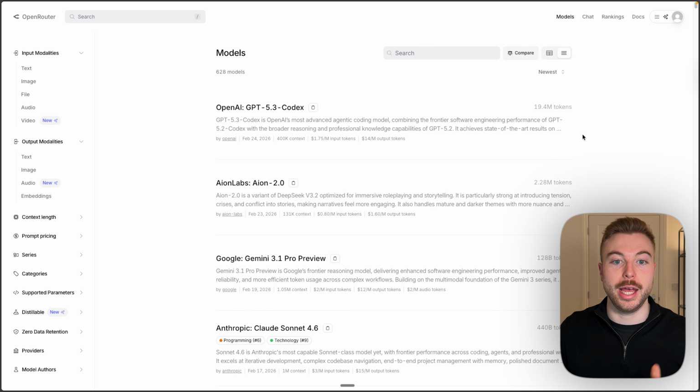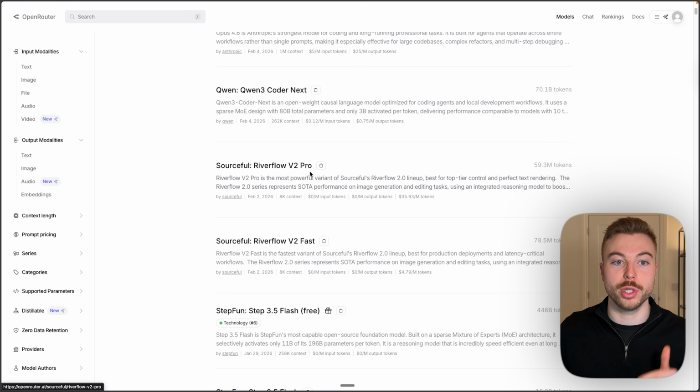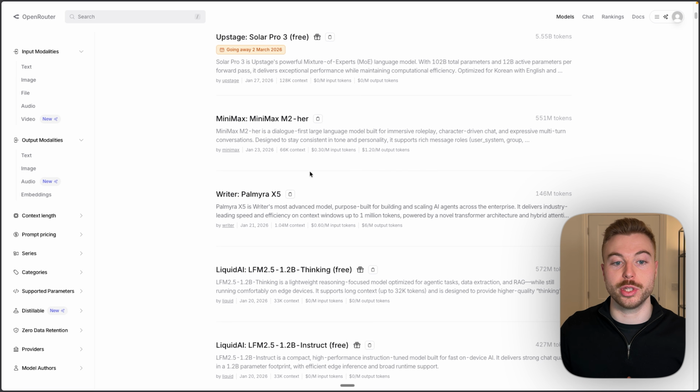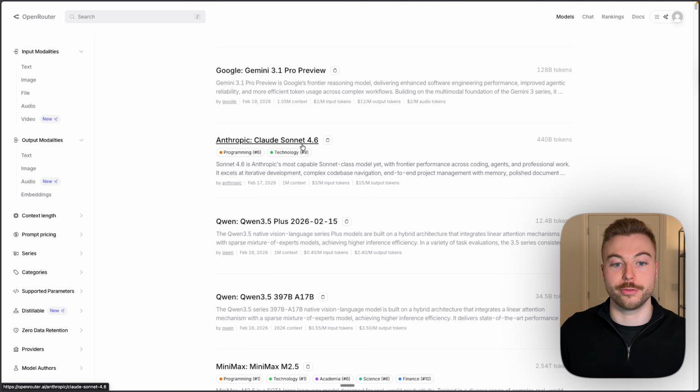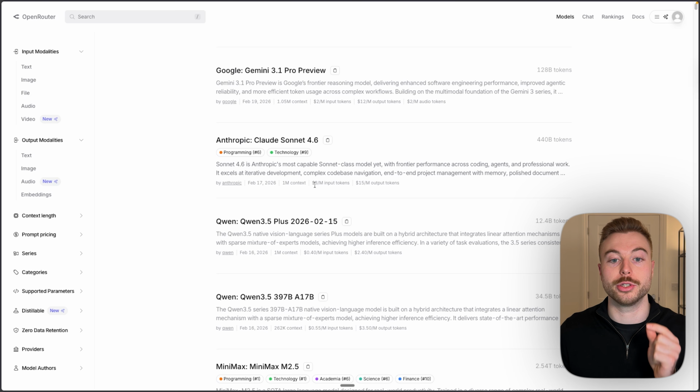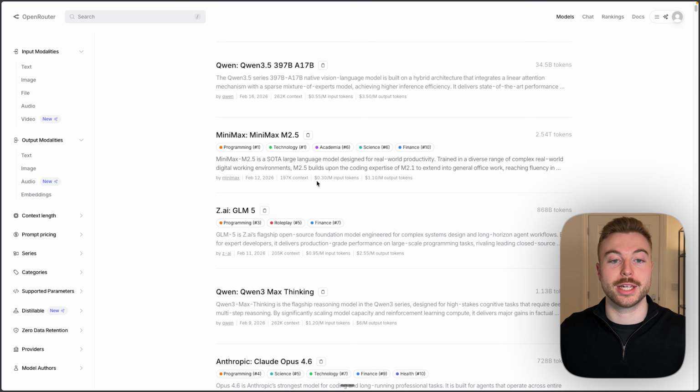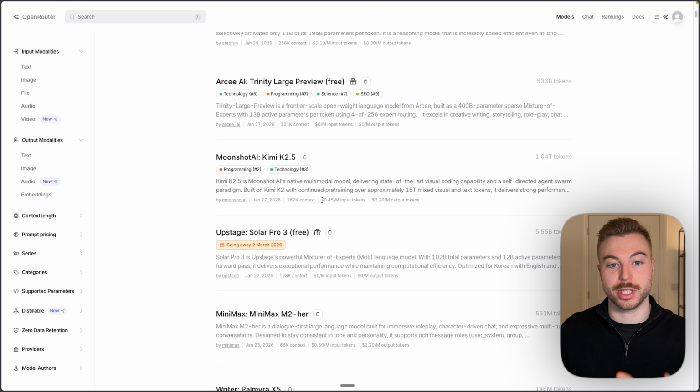If we come across, as you'll be able to see here, we've got all of the different ones plus their costings associated with them. But what's really good is, for example, if we were to use Claude Sonnet 4.6, that's going to cost us $3 per million tokens, or about 750,000 words going through. But we've also got access to open source models such as Minimax M2.5 at 30 cents per million tokens. Or actually what I'd recommend is using Kimi K2.5, and that's only going to cost you 45 cents per million